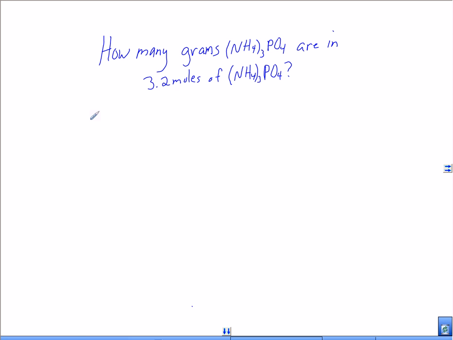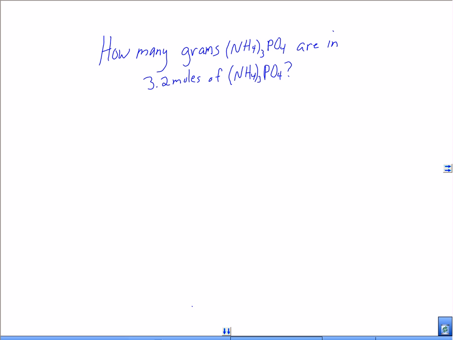Alright, so we are calculating a problem here that says to find the grams in ammonium phosphate that are in 3.2 moles of ammonium phosphate. Now that's a problem that has grams listed, which should mean that you're going to need the molar mass. So we know the periodic table is going to be necessary here. We also